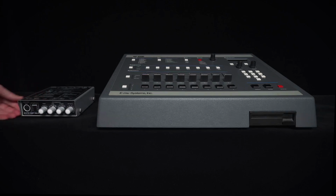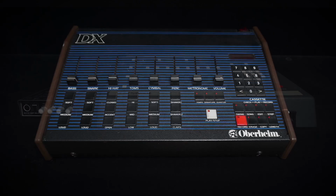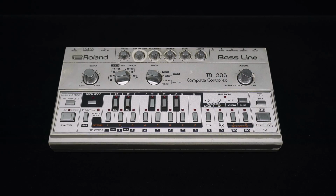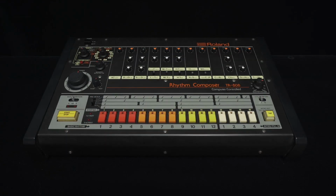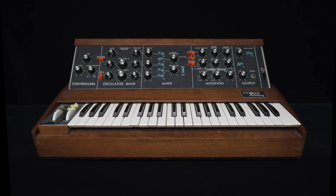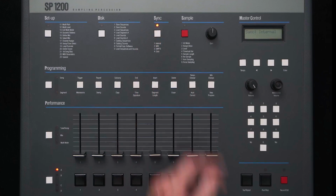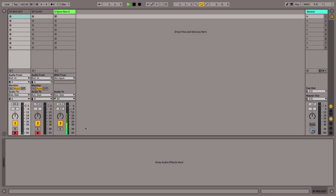the SP1200. And you could use it in much the same way to clock an Oberheim DX or DMX, Emulator 2, Lindrum, Fairlight, or a Roland 303, 606, 808, 909, or even use it to trigger a Mini Moog from the mid-70s. But the reason I found the 3LX so useful is because when I'm using it with the SP1200, the SP doesn't sound like it's being synced. It still sounds like I'm using it on its own internal clock, only it's actually locked in time with my